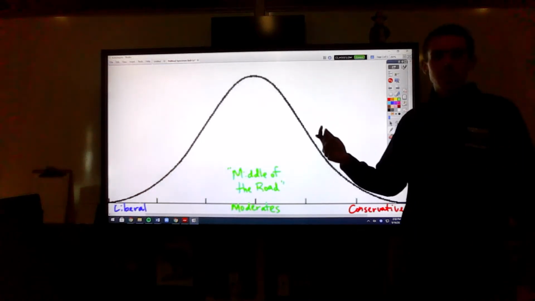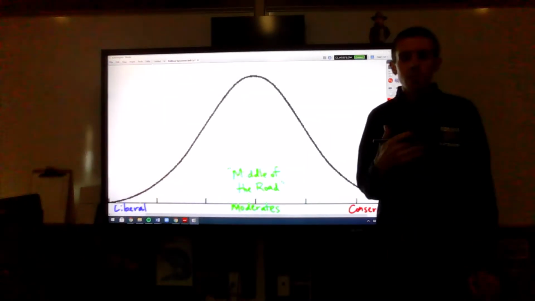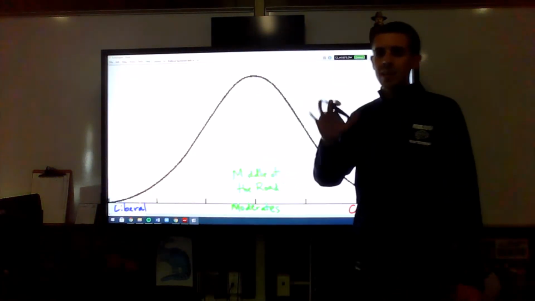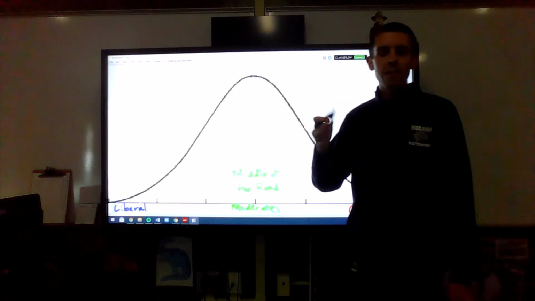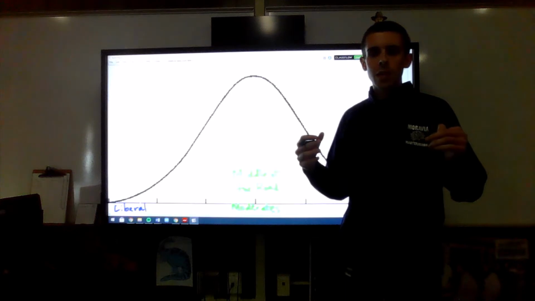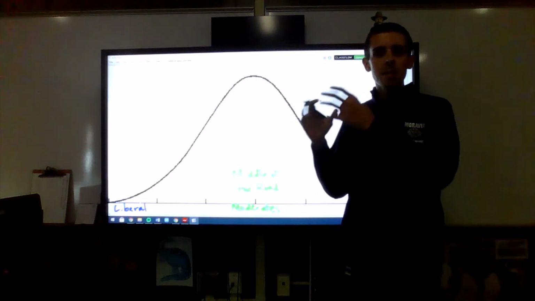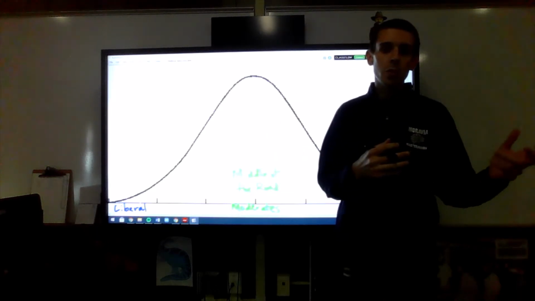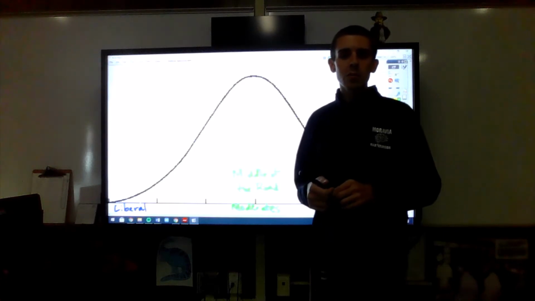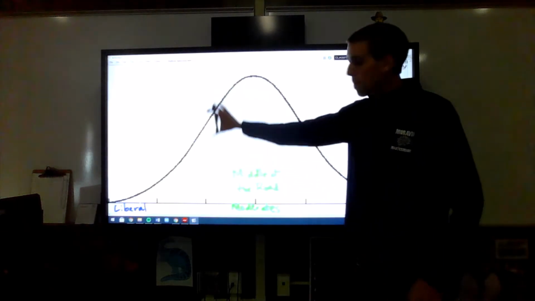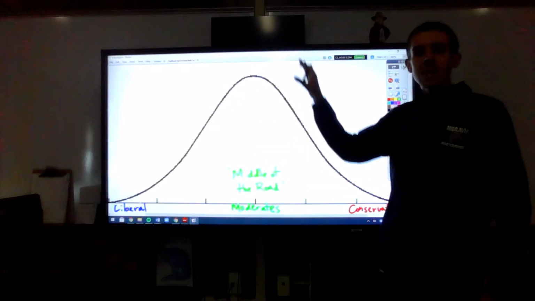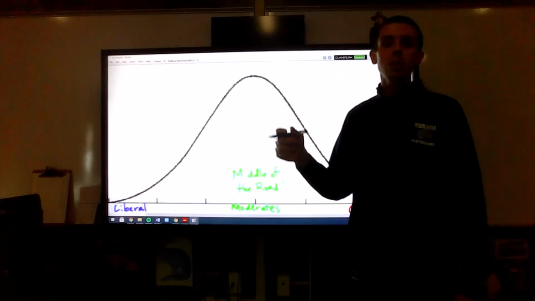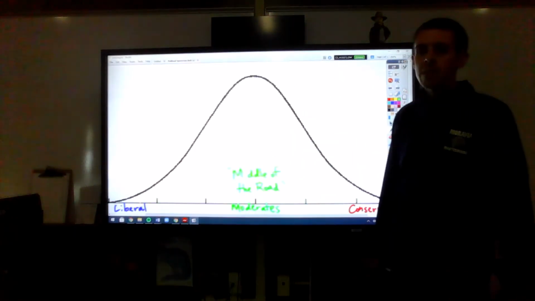One of my favorite examples is height. If you take the height of everybody in the room, odds are in the middle somewhere, there's going to be a lot of people who are between like 5'5" and 5'7", 5'8". It depends on guys versus girls, obviously, but that's kind of the middle, 5'5" to 5'9" maybe. And then there's a couple people who are really tall, a couple people who are shorter than that. So you've got those boundaries on the ends. But a majority of people are going to fall in the middle. They are not really tall and they are not really short. So it samples out that way and evens out.